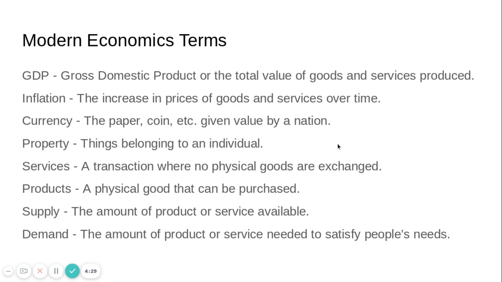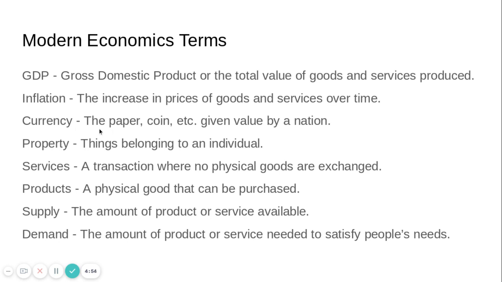There's an official equation for that, but I don't have it written down here. That's okay. You just need to know what it is. Inflation is the idea that prices increase over time, right? So back 10, 20, 30, 40 years ago, things weren't as expensive. And now they are more expensive. That's just what inflation is, right? As time goes on, price increases.